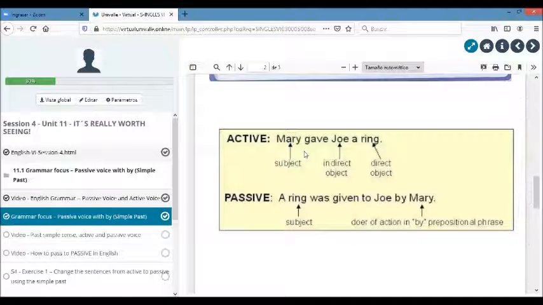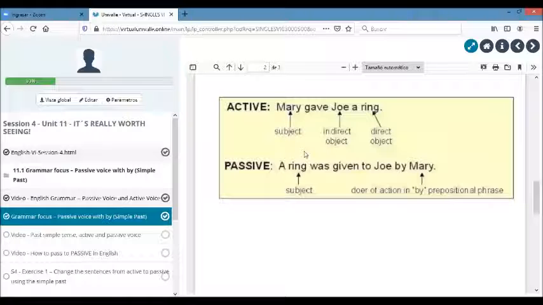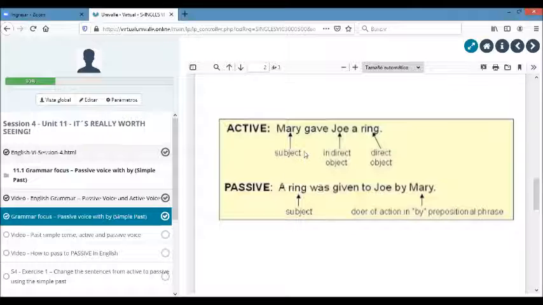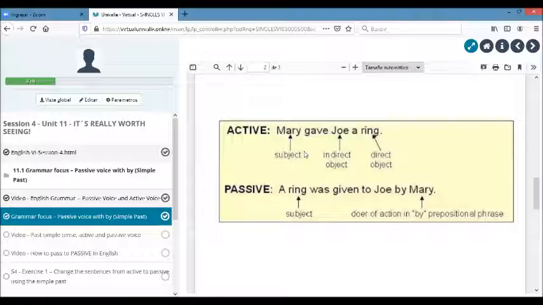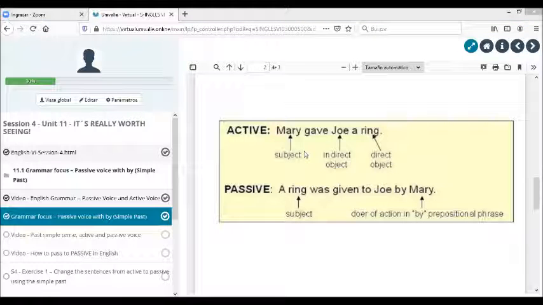Okay. For example, in here we have an image that reflects how we use the passive voice into the active, or the active into the passive. Active, we have a subject plus a verb plus the indirect object plus the direct object. Okay, so we're changing into the passive. We have Erin is the subject, then was is the